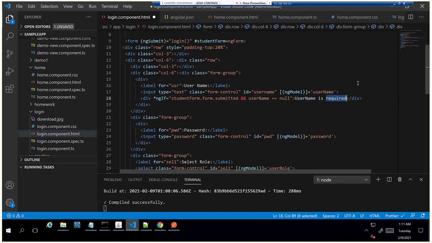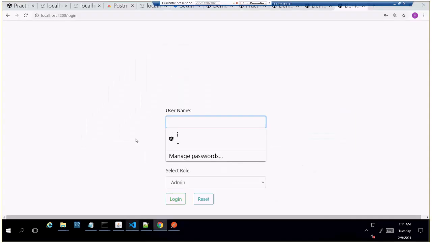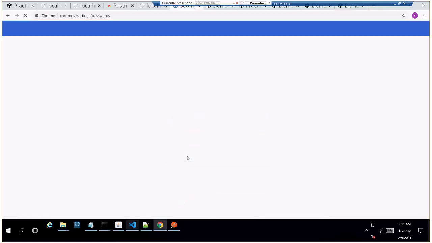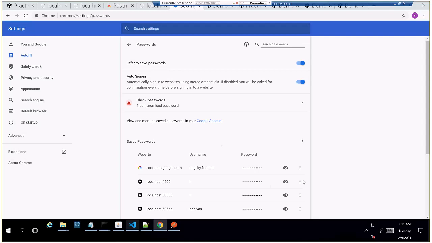For username, do you have to reference the form name dot form dot username, or just directly the username field? If you don't specify this one, by default it will show the message whenever we get into this login page itself. What I'll do is remove this.